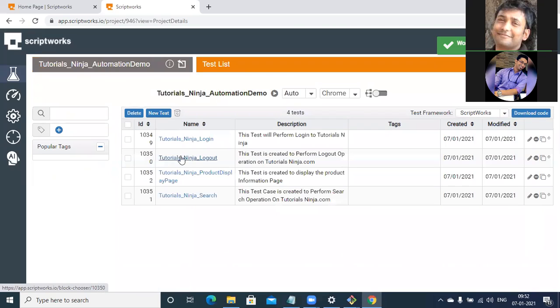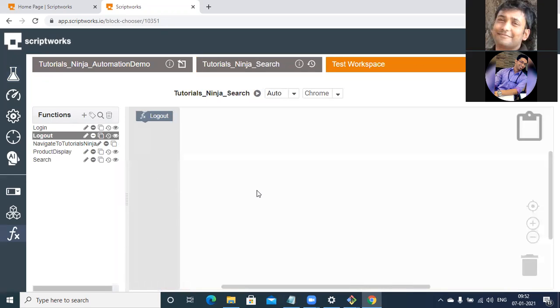So again, we are left with the third and fourth. Next is tutorials ninja search. Let's complete this function as soon as possible. You can guide me, Arun. Which test case now? Now we need to perform the search function. For the search, first thing is